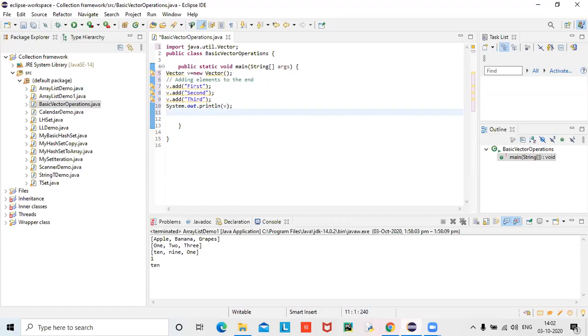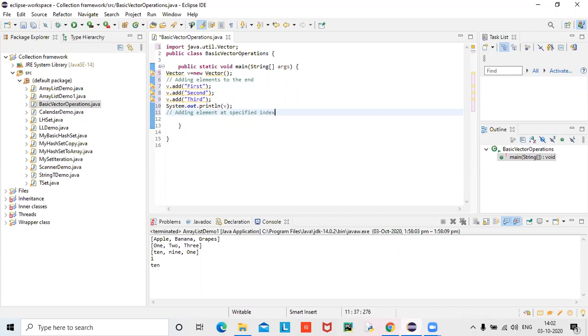Okay, done. Now with the help of index also I can add. Let me comment: adding element at specified index.